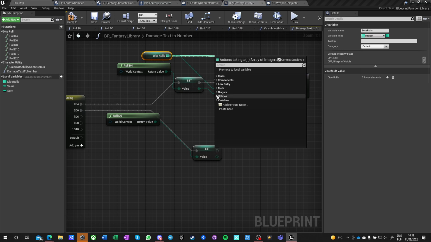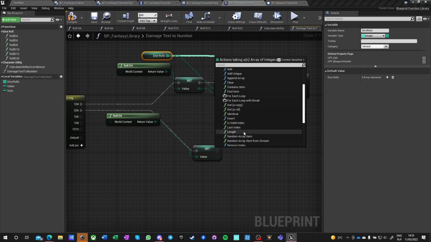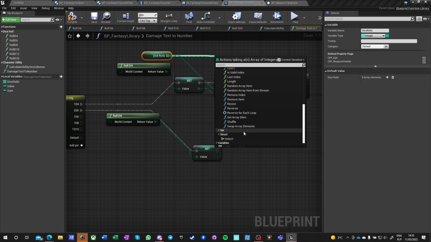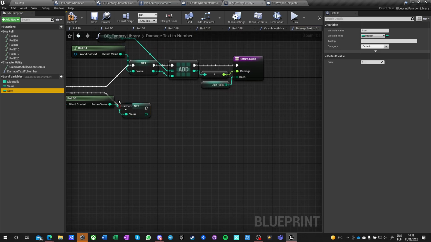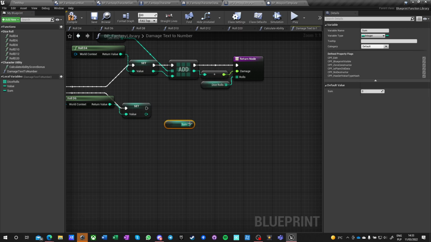Don't tell me there's no array summing up. What? Oh my god. Okay, yeah. Let's do it like this. Value get sum